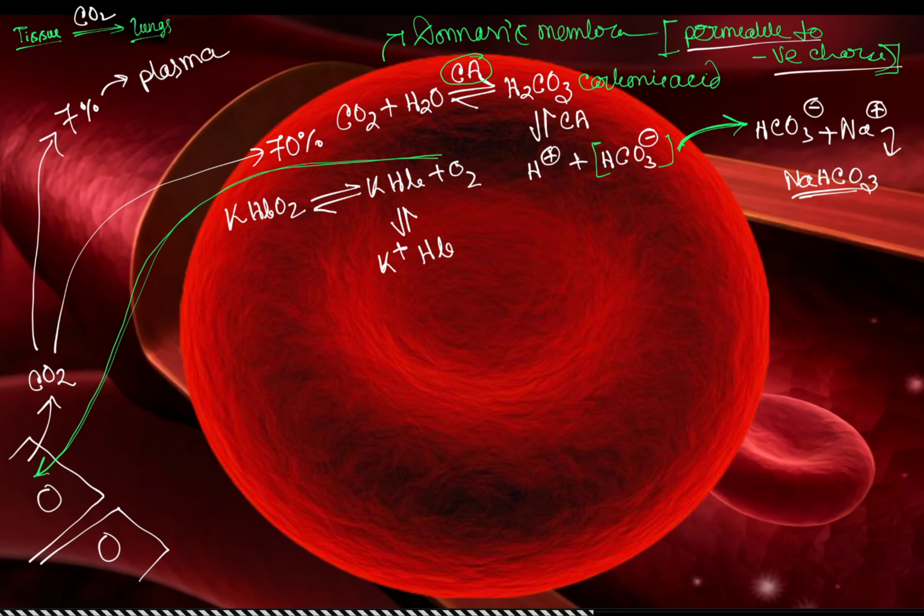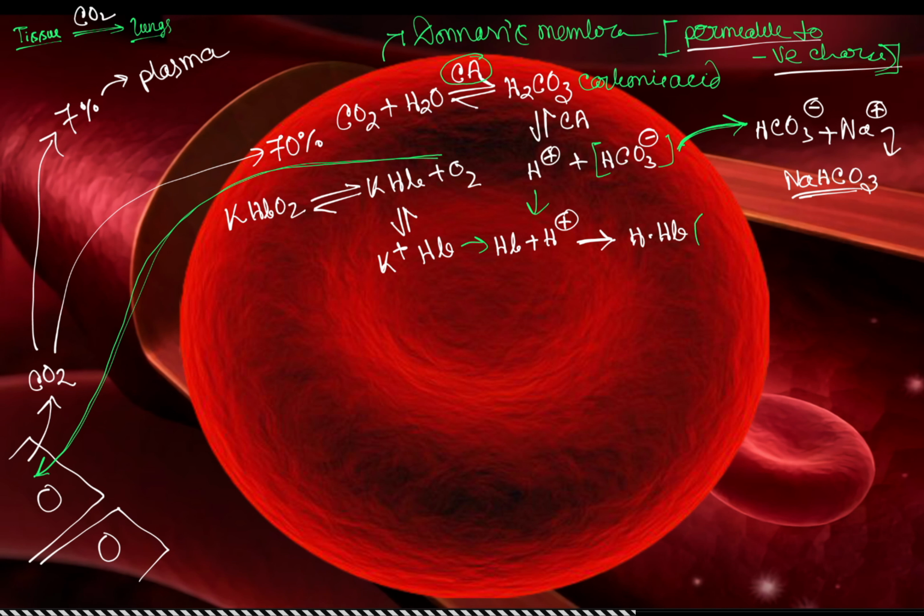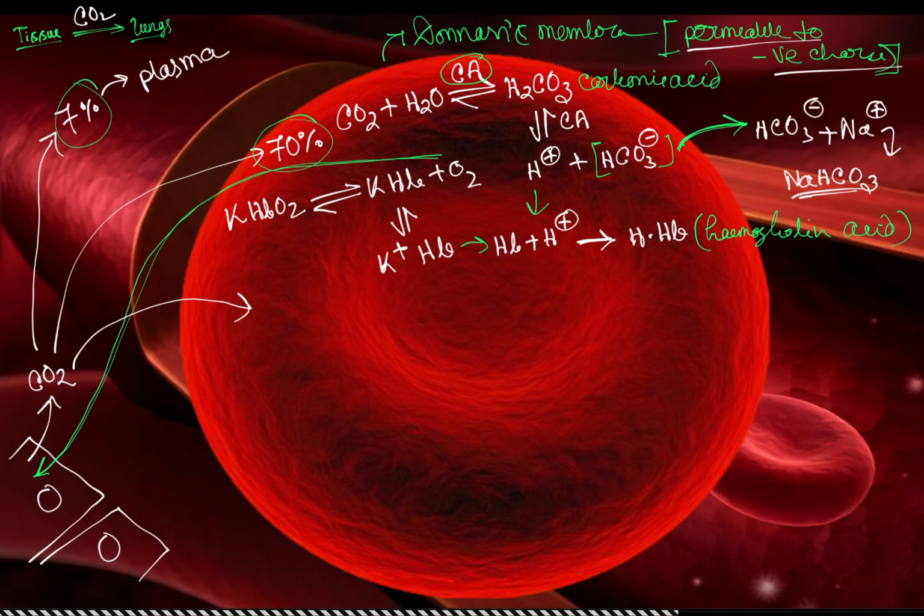This Hb and this hydrogen will react with each other, Hb plus H plus, which will form H dot Hb, known as hemoglobin acid. Here is 7%, here is 70%, the left 23% carbon dioxide will now come into the RBC, which is 23% of carbon dioxide, and this will react with